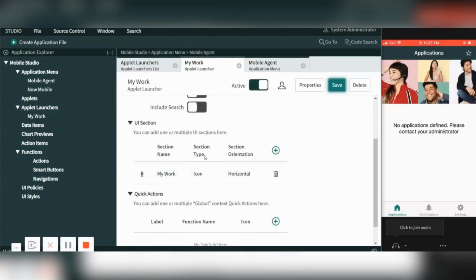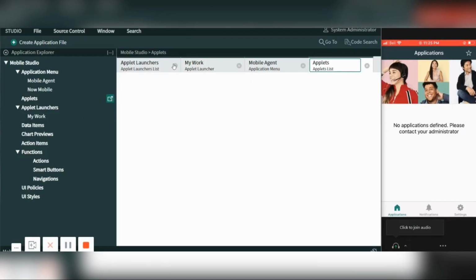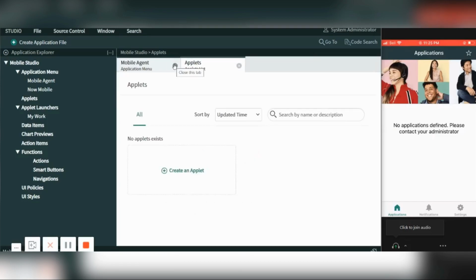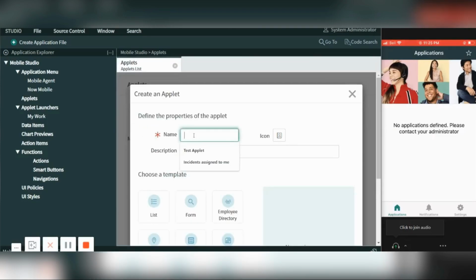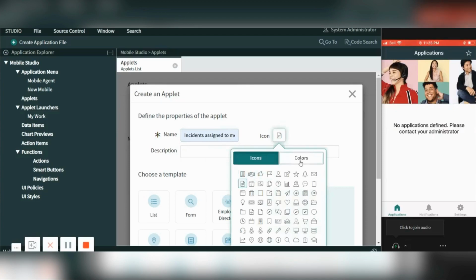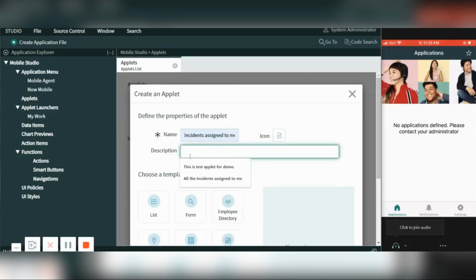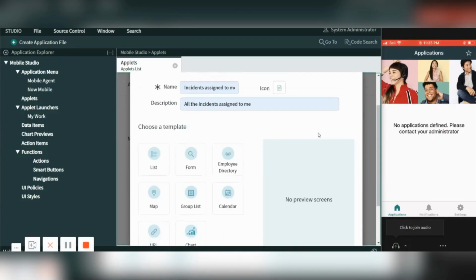So now I will create one applet. We'll create one simple applet, incident, just to load my active incidents. Let's say incident assigned to me. Icon, you can also choose the colors. All the incidents assigned to me.